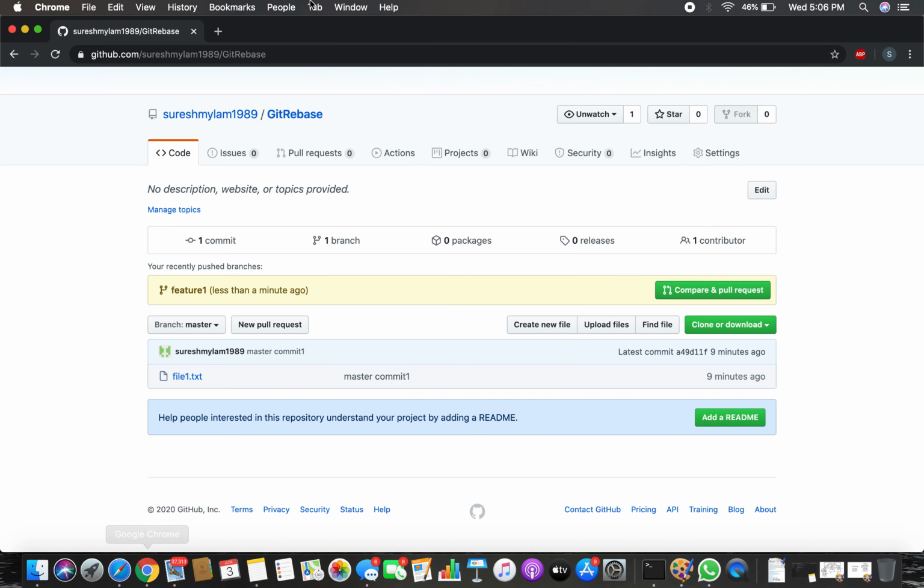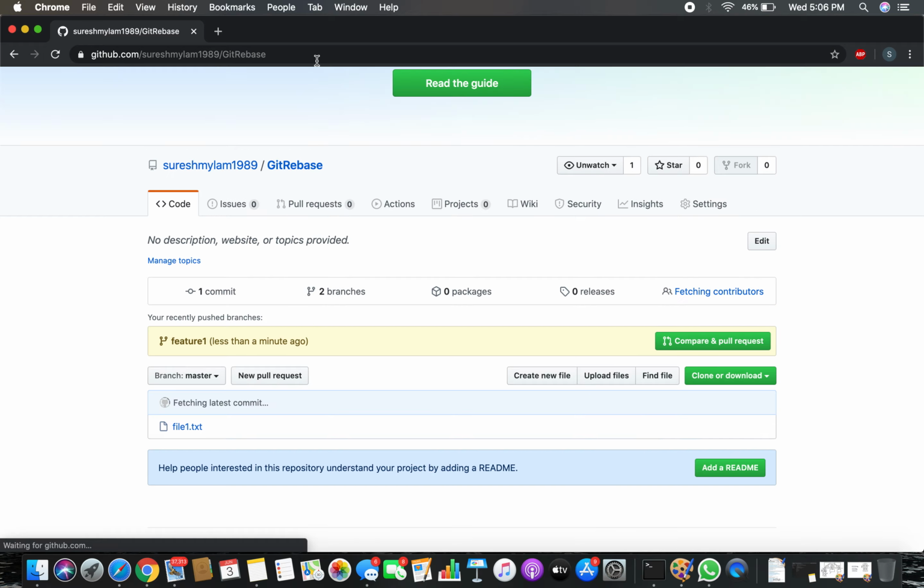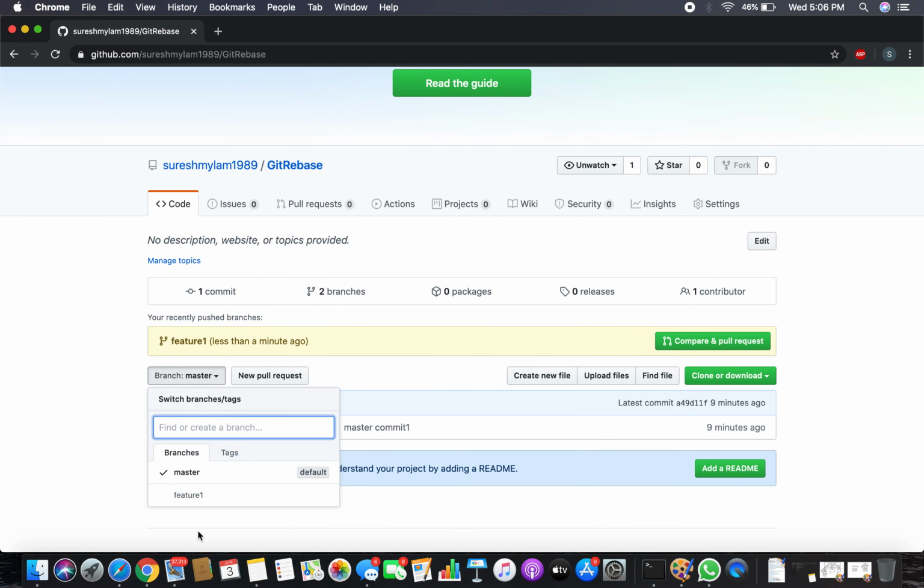Okay, let's go to the remote repository and see. We should have one feature branch here. See, there is a master and there is a feature created. Now let's see the logs, how many commits on each branch.